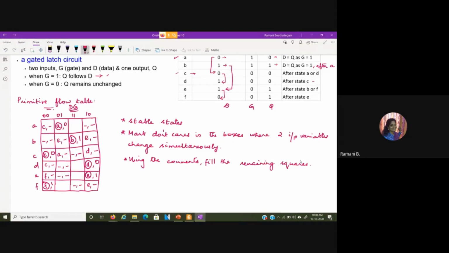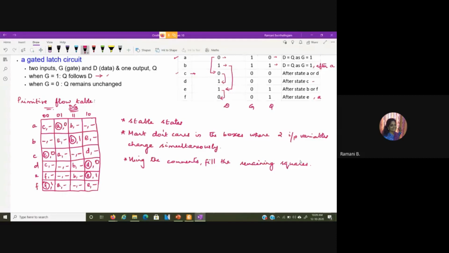Here I have the input D as 0, G as 0 and output is 1. If my G value changes from 0 to 1, whatever I had in D will be obtained at Q. So you can say this can also occur after state A. In the same way, if you check for these cases, you will obtain B to occur after these cases. You can follow this as such because we don't have any other stable states in this particular column.